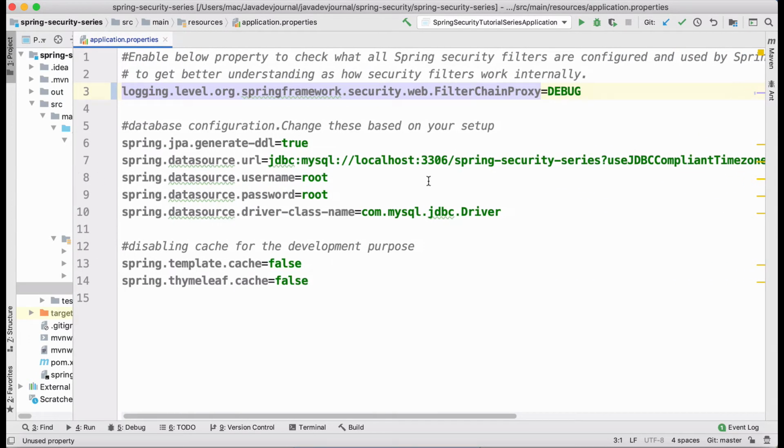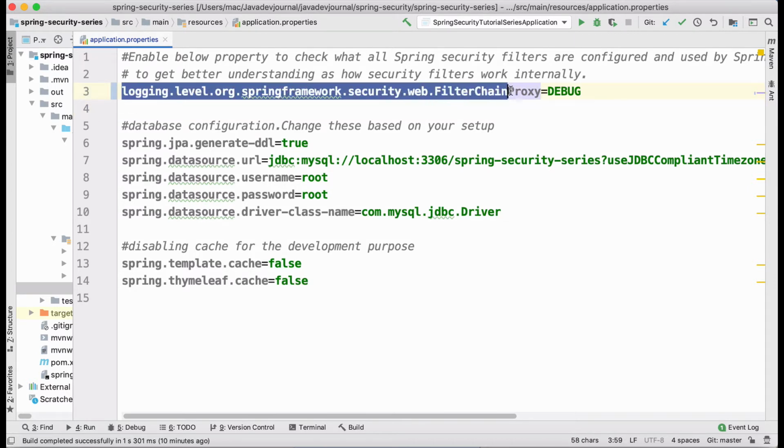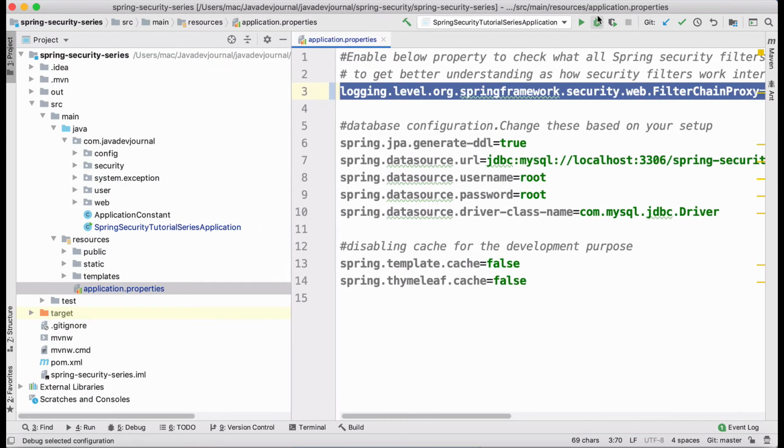Add this property: logging.level.org.springframework.security.web.FilterChainProxy=DEBUG. For the filter chain proxy, I'm setting the logging level as debug. This will start giving you some additional information about Spring Security and how the requests are being handled internally by Spring Security. Add this and start your application.